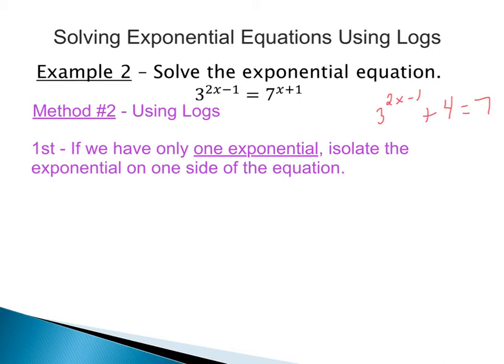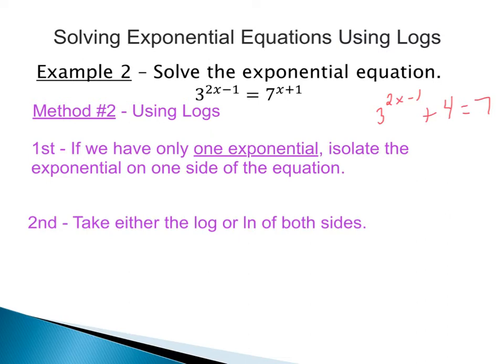The second step in order to solve the exponential equation would be to take either the log or the natural log of both sides of the equal sign. Now there's a few notes that go along with this. The first is that it does not matter if you decide to take the log of both sides or the natural log of both sides, as long as you keep it consistent throughout. So if I take the log of the left side, I have to take the log of the right side. If I decide to take the natural log of the left side, I have to take the natural log of the right side. Your answer at the end will be equivalent no matter if you use log or natural log.